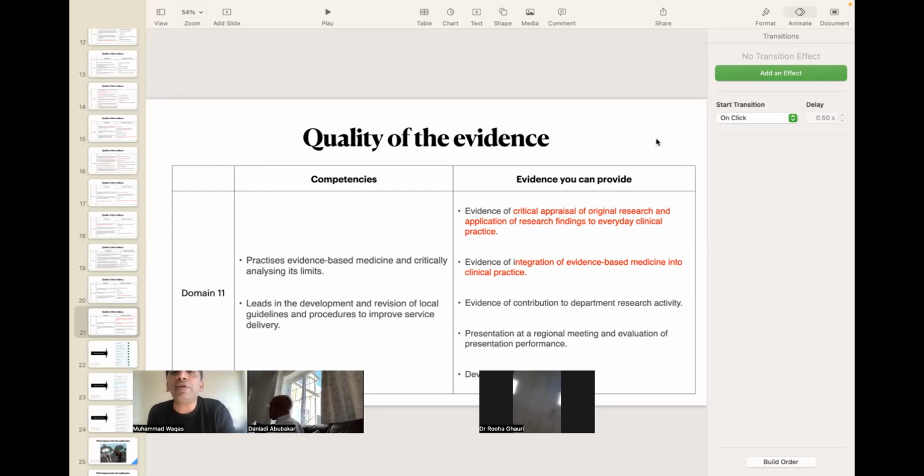interesting case. So you cannot dump your application. That's what we call triangulation. You cannot dump your application with one kind of evidence again and again. So you have to provide a variety of different things. Yes, if you are leading MDTs and doing MDTs regularly, it is good, but that is only evidence of communication or leadership. So you cannot use only MDTs or a lot of MDTs. That will not compensate you in other areas.